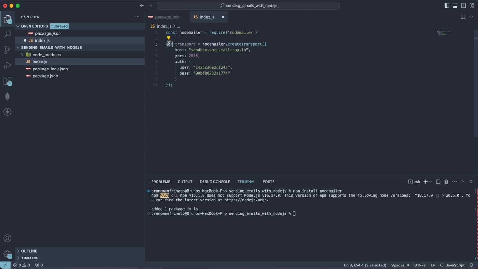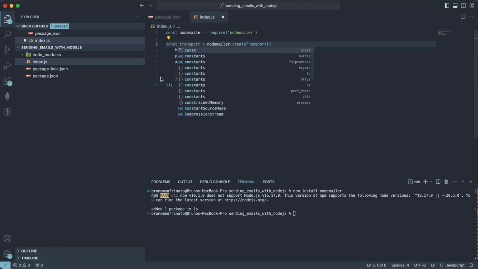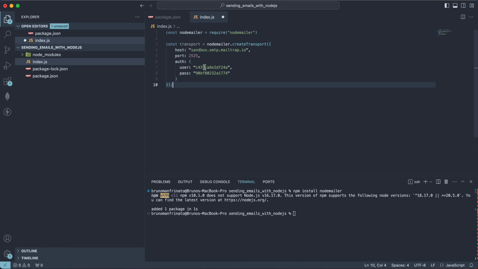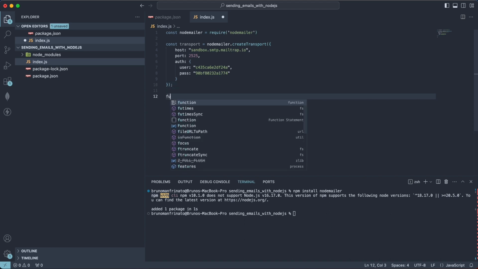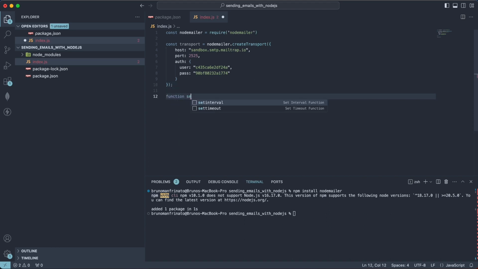I'm just going to replace this var here with const, since the transport object is always going to receive a create transport function from Nodemailer. Next, below the transport const, I'm going to create a function called sendEmail,